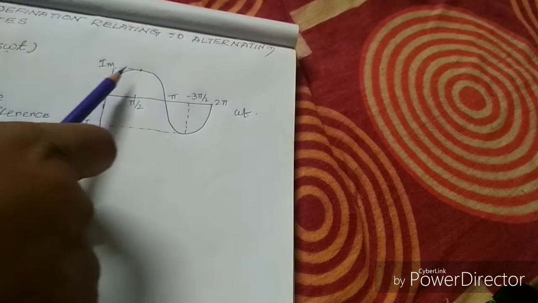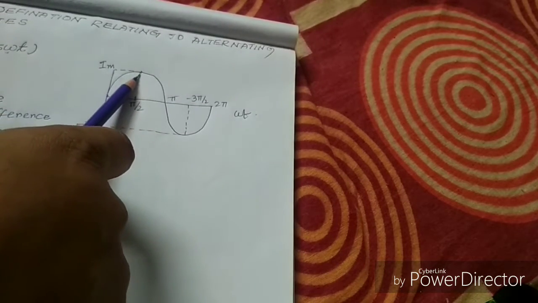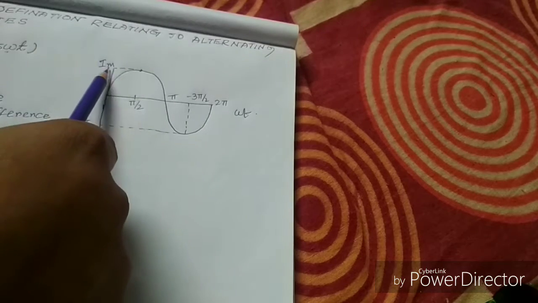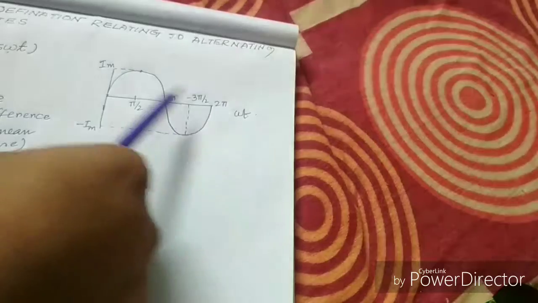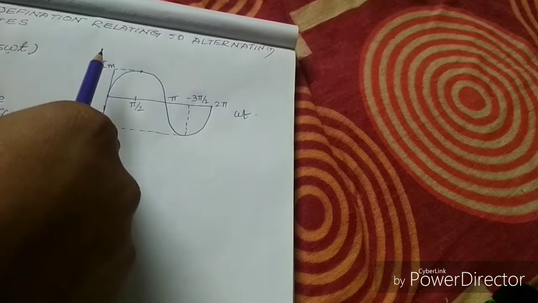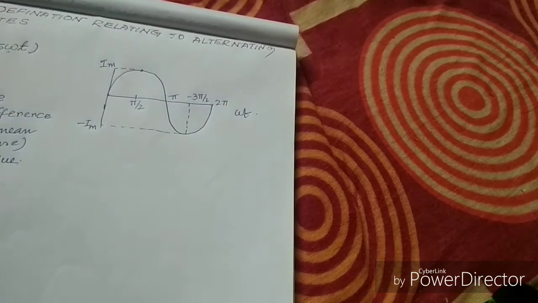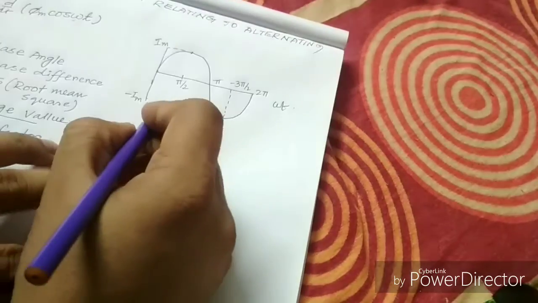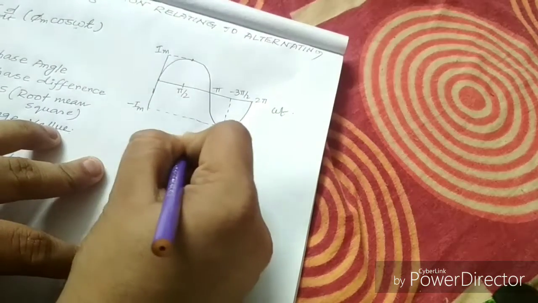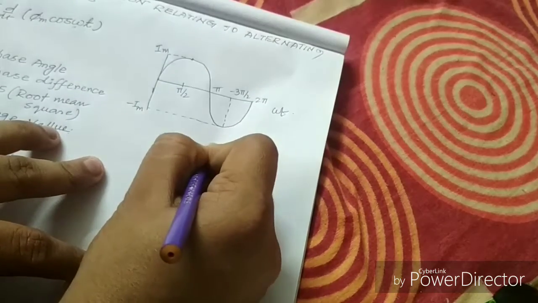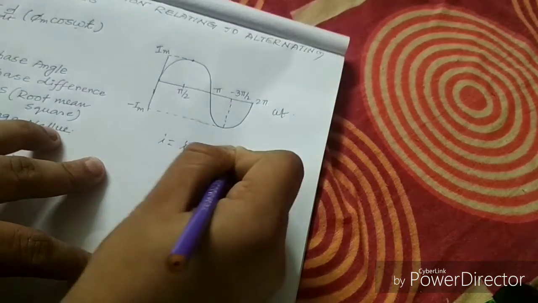Im is the peak value. We draw a graph with respect to omega t and I. If we consider a current I equals Im sine omega t,